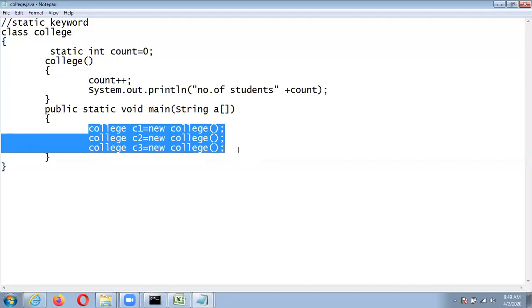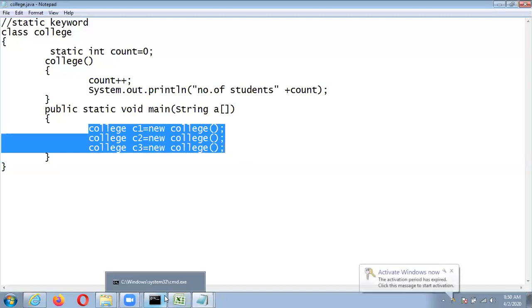That is because it accesses the same memory location for each and every object. It will not create a copy of the static variable for different instances. It accesses the same memory location, so the same memory location is incremented, from 0 to 1, 1 to 2, 2 to 3.